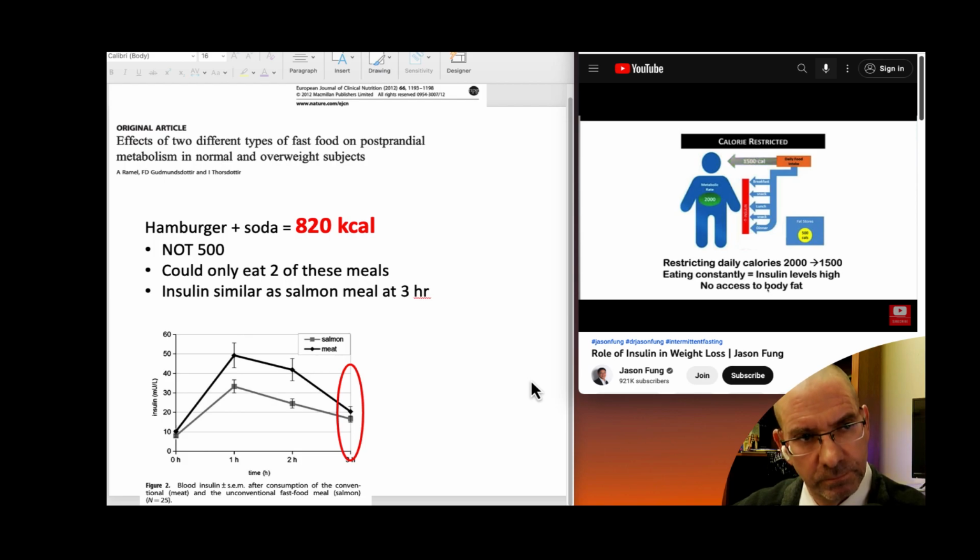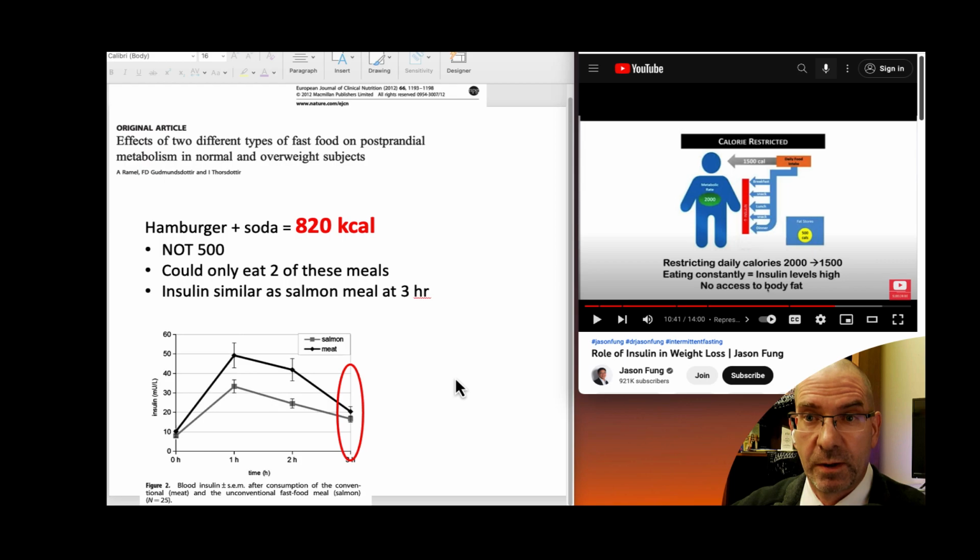Standard advice, and you reduce the daily food intake to 1,500 calories a day. But you're eating constantly, you're eating very high carbohydrate food, so insulin levels stay high. And so why do they have to be carbohydrate foods? Just a question. I mean, a hamburger, that's not necessarily high carbohydrate. It's higher calorie, but 820 calories. You get that from eggs and low carb and those types of diets too.